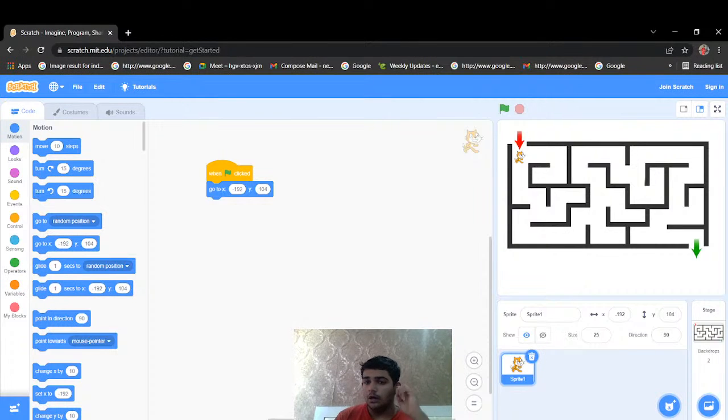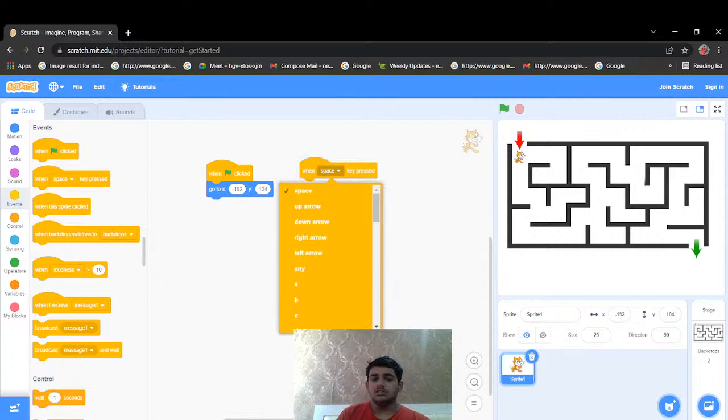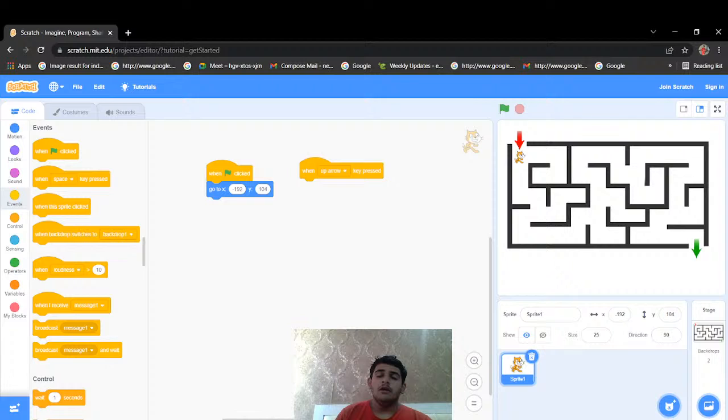Perfect. Now we'll be writing code so that whenever the up arrow key, down arrow key, left arrow key or right arrow key is pressed, my cat goes upwards, downwards, leftwards and rightwards. Let's start with it. I'll go to events, when space key pressed. First it will be the up arrow key. Whenever the up arrow key is pressed, I want my cat to move upwards. But now listen,